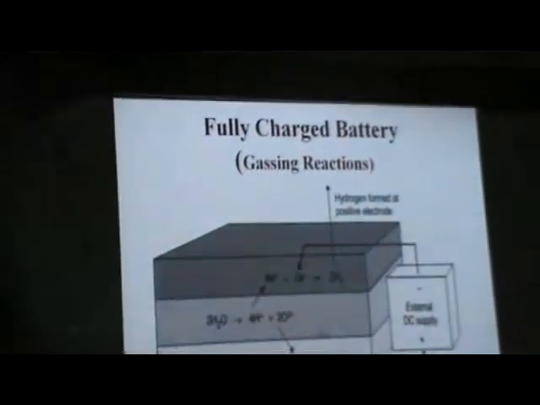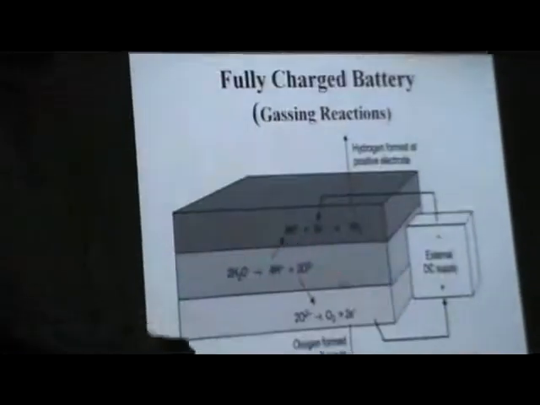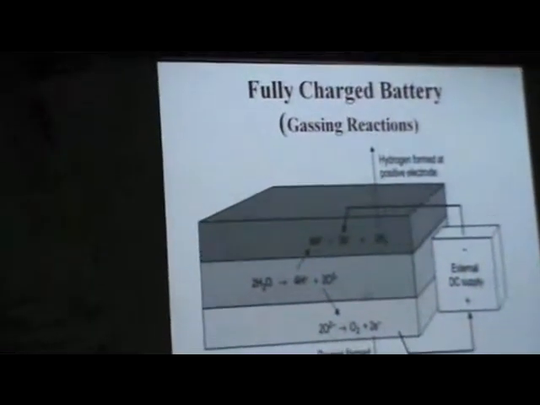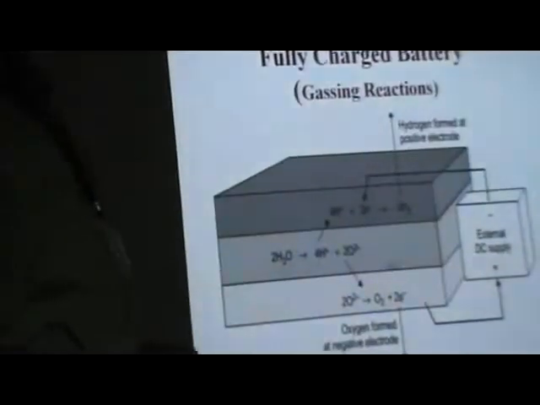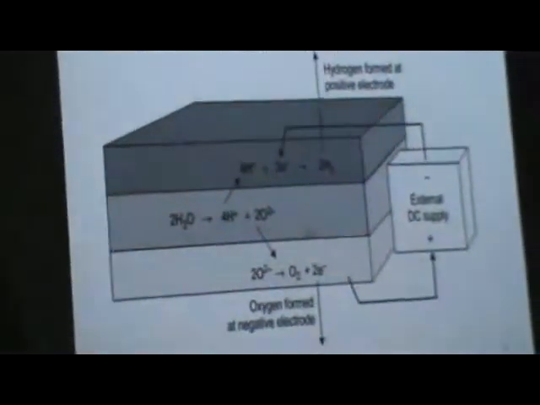What happens then? There is a gassing reaction. Additionally, you have a gassing reaction after full charging, and oxygen is going to be released. So you have to carefully check once the battery is fully charged. If you disconnect the battery, it is very safe, and it increases the lifetime. Otherwise, some amount of O2 is also released from your chemicals, and it affects your battery life cycles. So after the energy is stored in this battery, you have to remove or cut off the charging points. It is very safe, and it improves lifetime and efficiency.